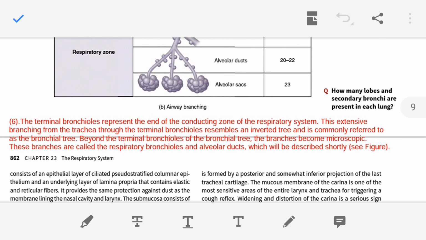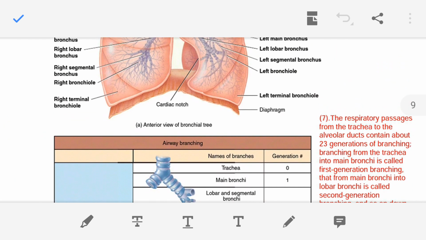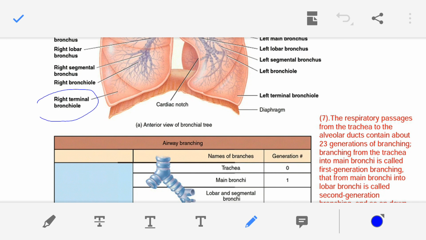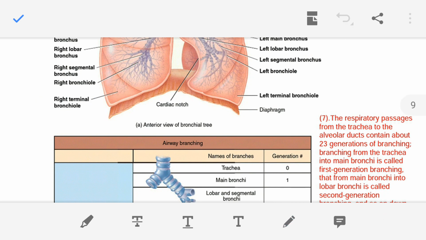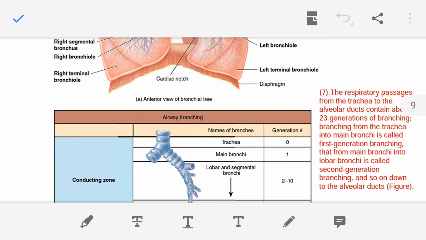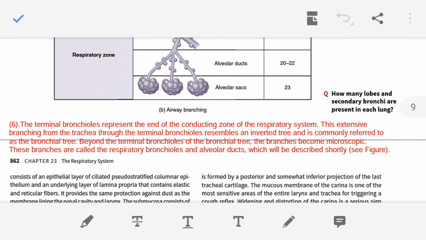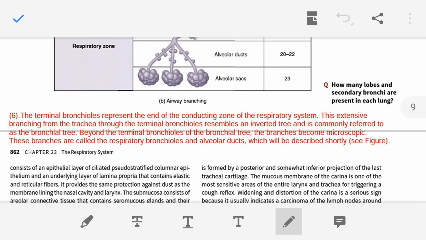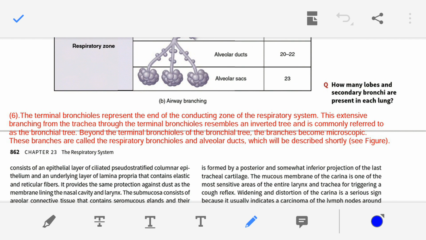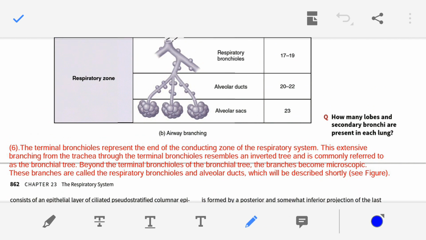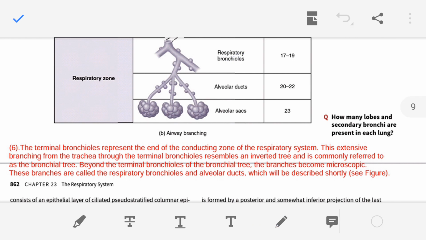Now, you can see these are the terminal bronchioles, and only the terminal bronchiole is shown in the figure. So it is not that the bronchioles end here. This terminal bronchiole still further divides into very tiny, very minute bronchioles. These very small bronchioles are now known as the respiratory bronchioles. So first of all,